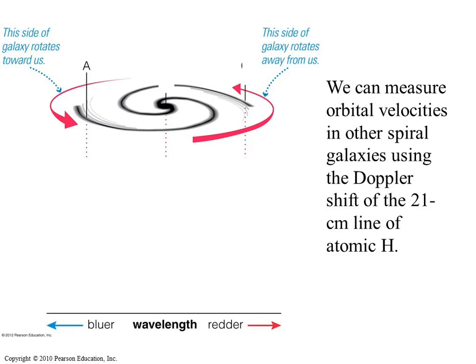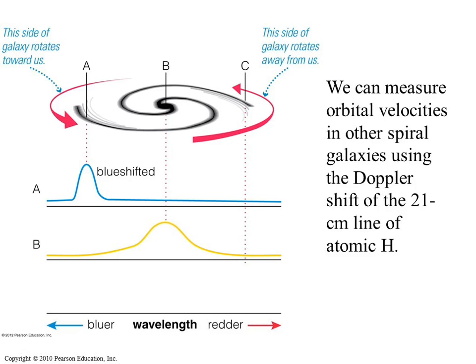So this slide talks about something we talked about before, not only what we know, but how we know what we know. So if you have a galaxy that is kind of edge on, okay, it might be a little bit face on, but you get what we call radial motion. As it moves towards you, you get a blue shift. It moves away from you, you get a red shift. Ooh, I said that wrong. I said that right. Towards you, a blue shift, away from you, a red shift. So actually, we can get to how stars are behaving in other galaxies with regard to their rotation.